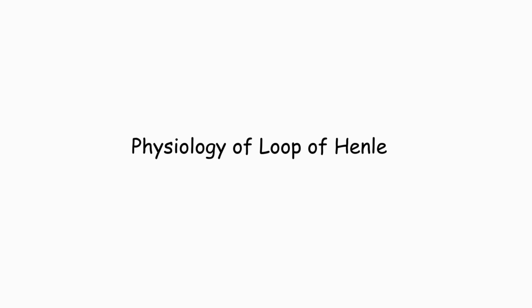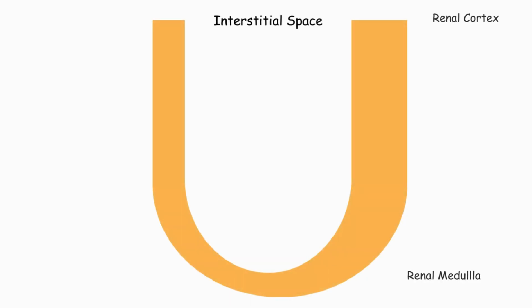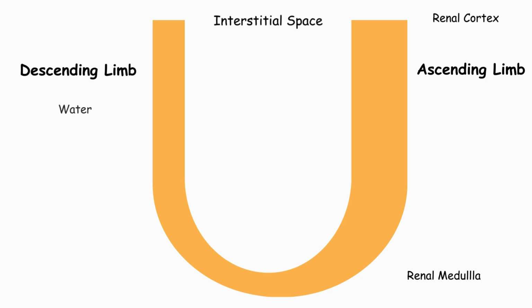Let's understand the physiology of Loop of Henle. There are two parts of Loop of Henle. The first one is the descending limb, going deep down in the medulla region, and the ascending limb, going up toward the cortex region. The descending limb is only permeable to water and contains aquaporins, while the ascending limb is permeable to solute and contains sodium-potassium-2-chloride